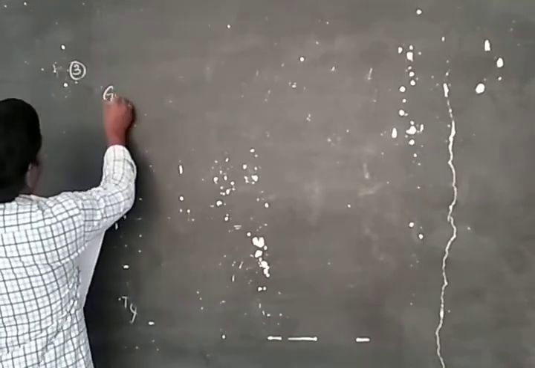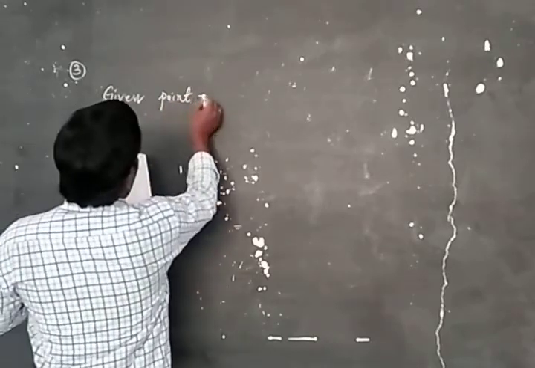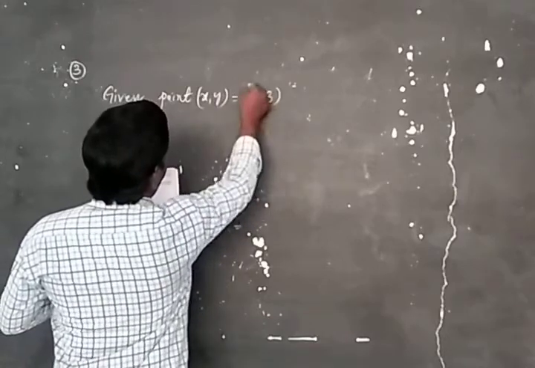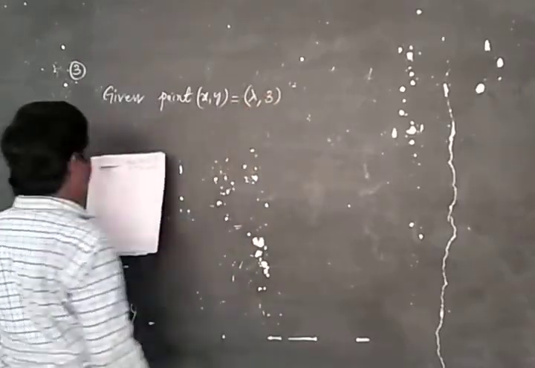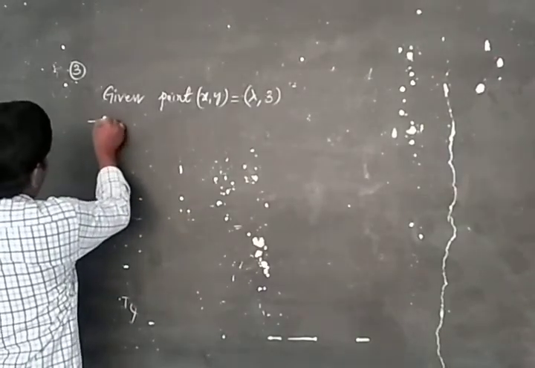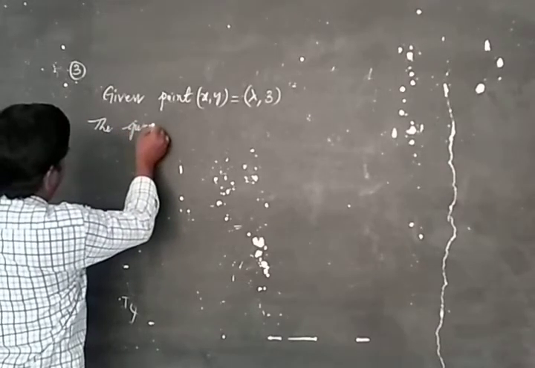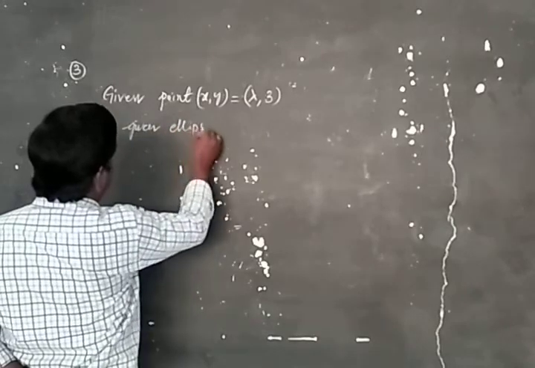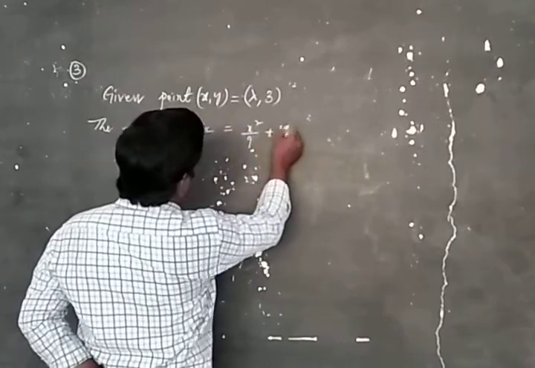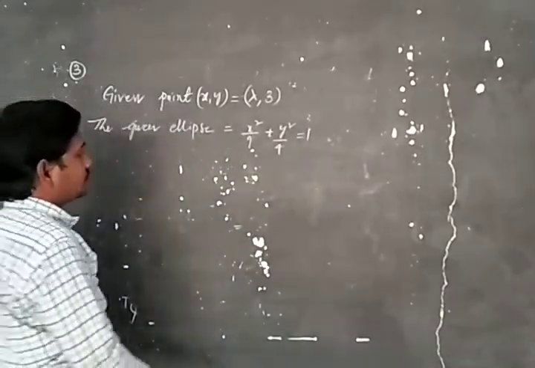Given point (x, y) equals (lambda, 3), and the given ellipse is x square by 9 plus y square by 4 equal to 1, and